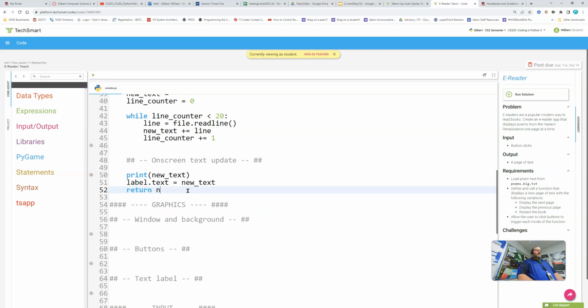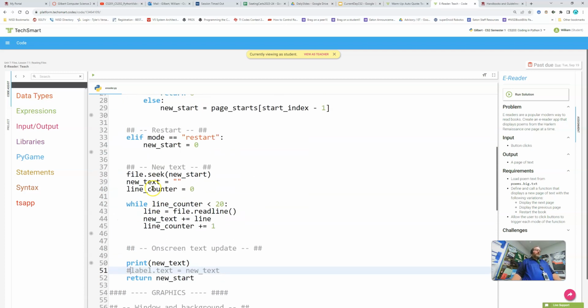So return new start. Okay. So that is the end of my function. Now temporarily I'm going to comment that out because I don't have a text label yet,